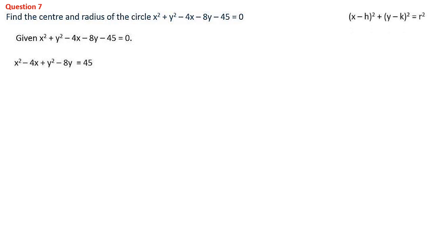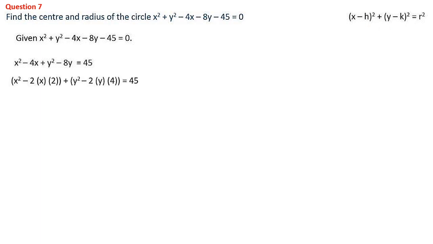Then we know the equation is in the form x minus h the whole square plus y minus k the whole square equal to r square. Here it is a difference square, and here also there is a difference square equal to r square. That way we have to make it. But here there are only two terms, and here also only two terms. What can we do? In the previous questions also we have used identities like a minus b the whole square and a plus b the whole square to remove the bracket. The same identity we have to use to bring it back to the standard form.